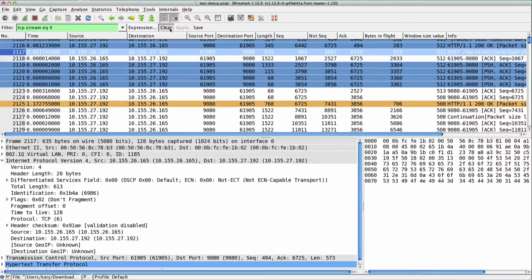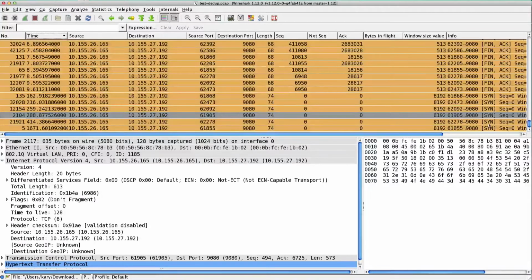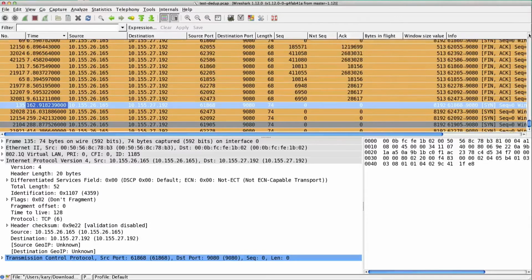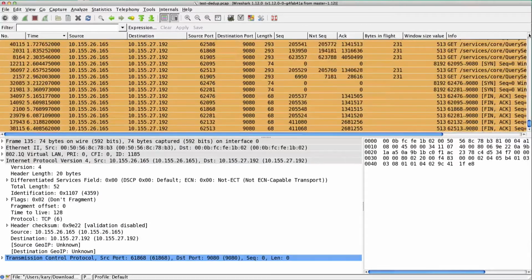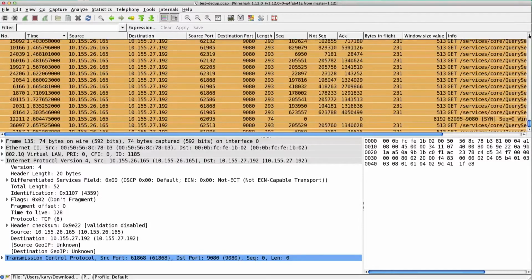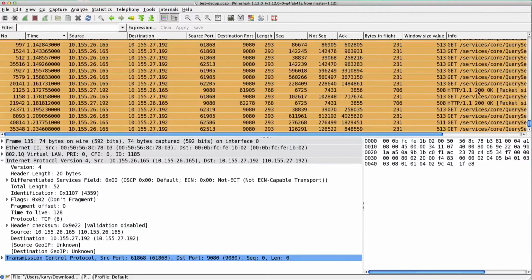Let's clear everything and do the same thing. Let's sort it by time and go to the bottom. Now we don't care about SYNs, that's the beginning of connections. We don't care about FINs, that's the end of connections. And then we have a bunch of GETs. Again, we'll give that feedback, but it's probably not a problem. There's a couple more